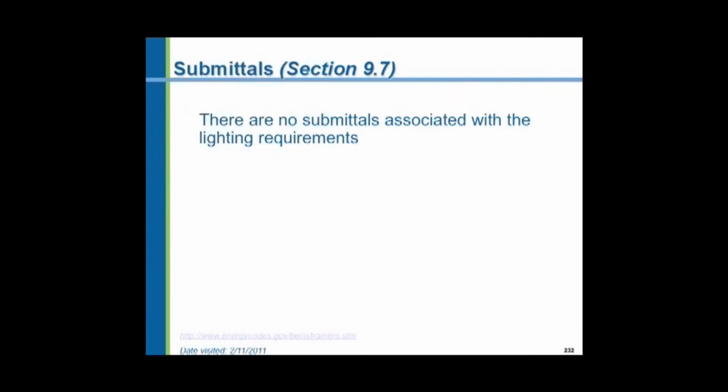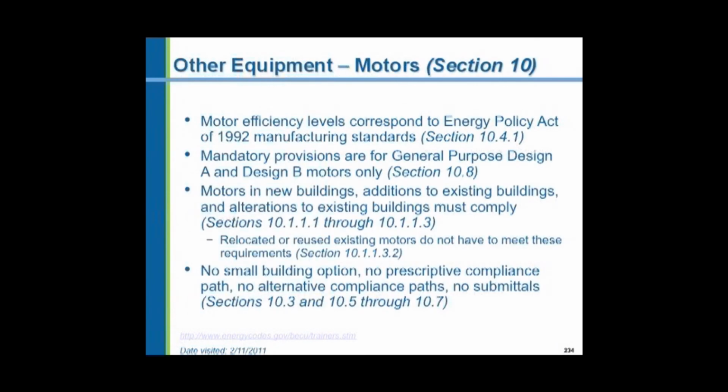There are no submittals associated with the lighting requirements, believe it or not. Other equipment, such as motors, have to have a minimum efficiency as specified in the Energy Policy Act of 1992. And there are different frame motors. There are U-frame motors, there are T-frame motors, and this is all part of the National Electrical Manufacturers Association categories. And different motors have different efficiencies. Less heat is wasted. And basically what they're saying is that motors must now comply with the new higher efficiency